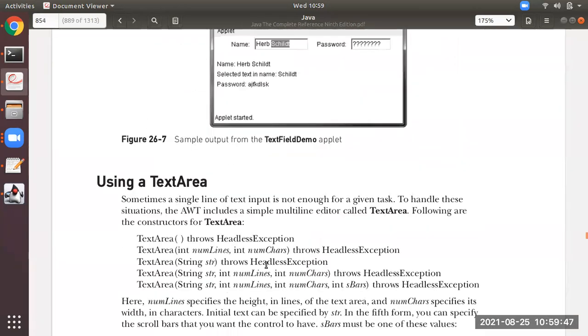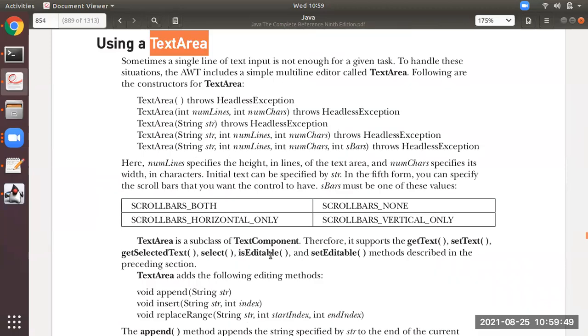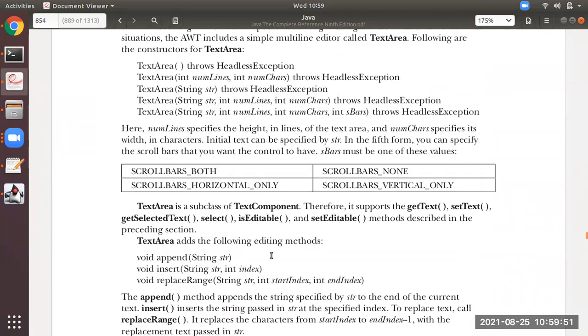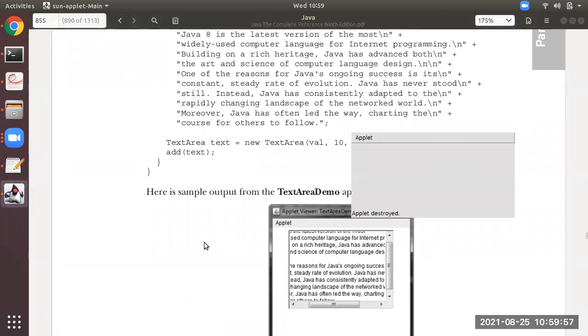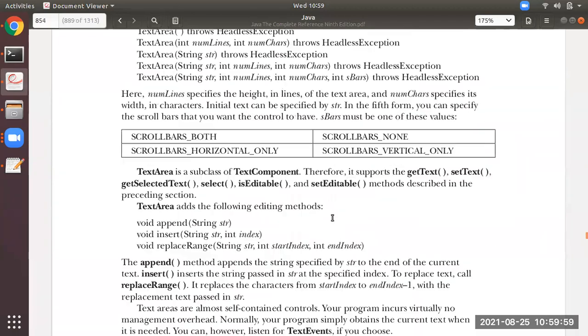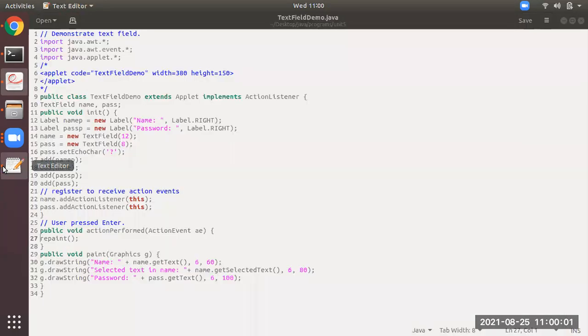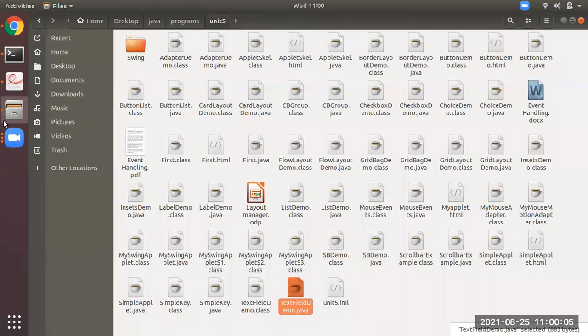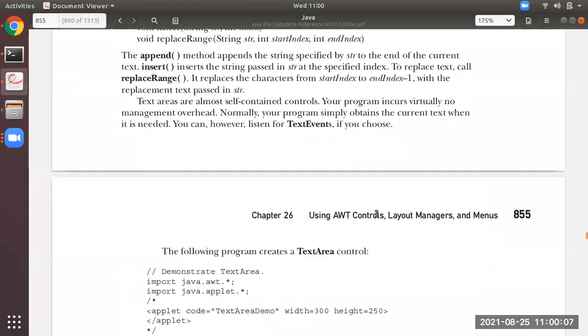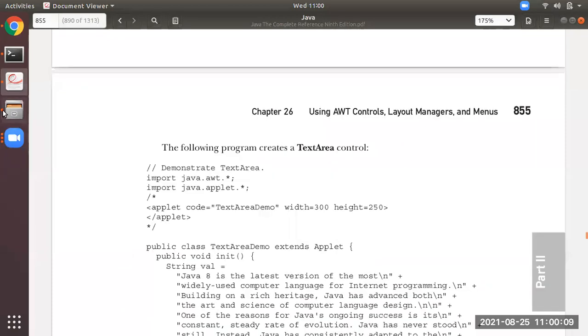Next is text area. So directly see, this is what a text area is. So what is the text area? We will see. Just let me open the program of text area demo.